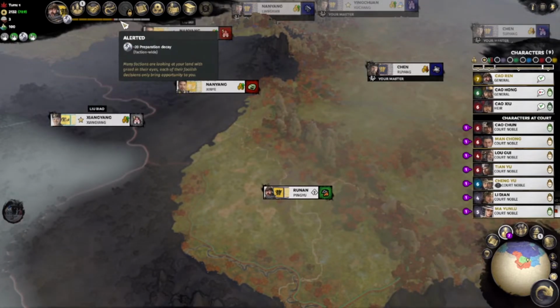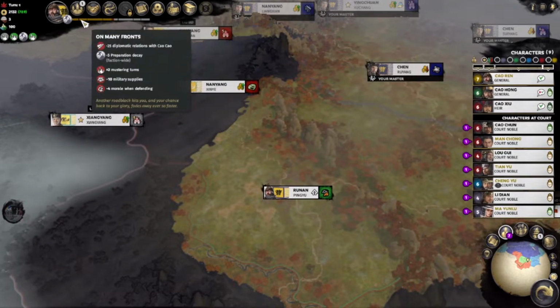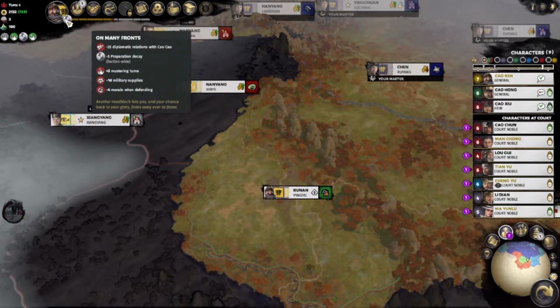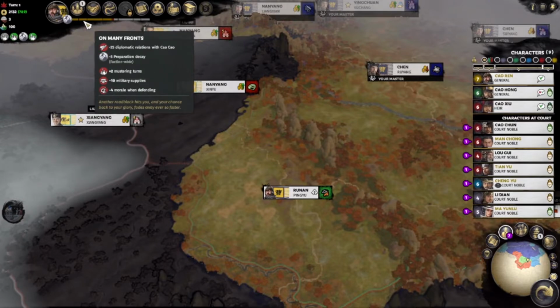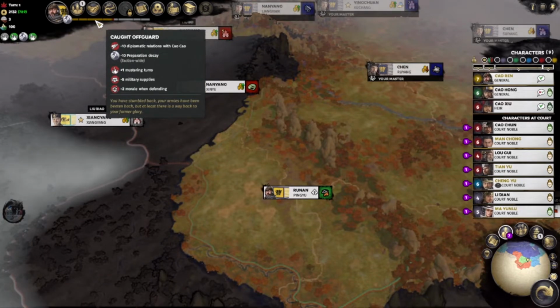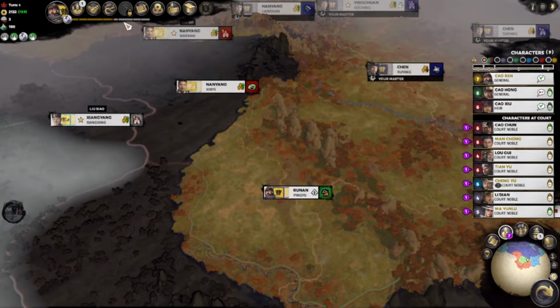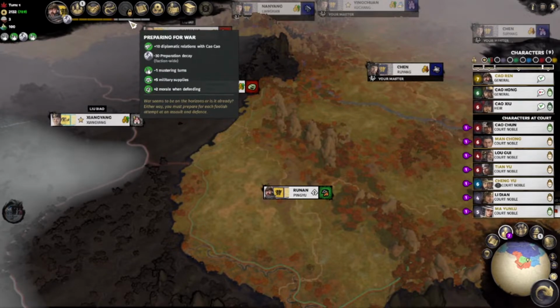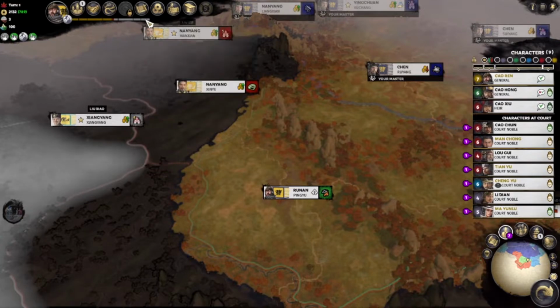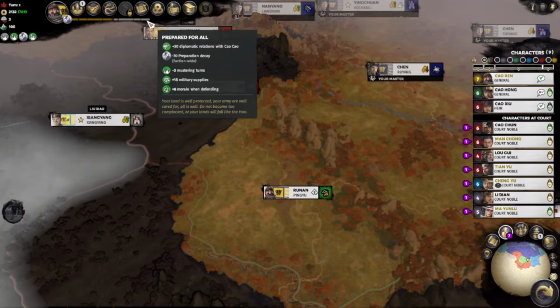1, 2, 3, 4, 5, 6, 7, 7 stages. So the first stage is war within, and this is the worst that you will get, the worst buffs, debuffs that you will get. Next up you have on many fronts, and next up caught off guard, alerted, preparing for war,